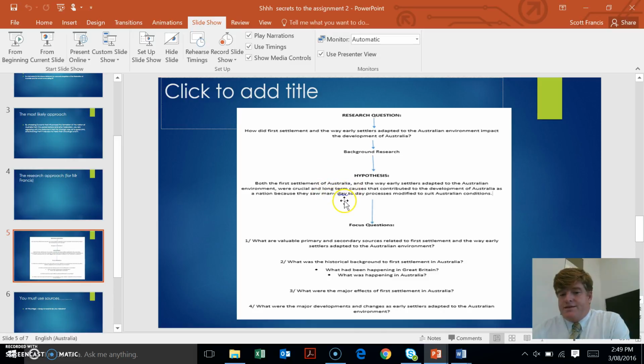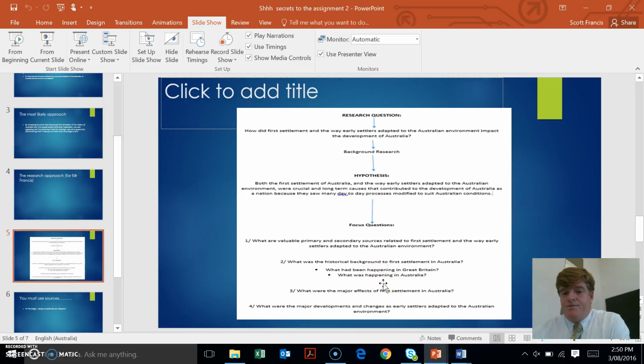So I've put together this statement of mine, and this is now going to drive, as a hypothesis, my research and some focus questions. So these start to become more important in terms of exactly what am I looking at in more depth. What are valuable primary and secondary sources related to first settlement and the way early settlers adapted? What was the historical background of first settlement? What had been happening in, so sub-questions here from the historical background,